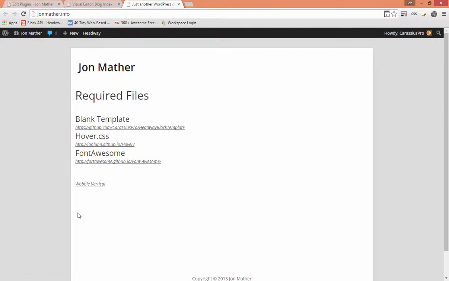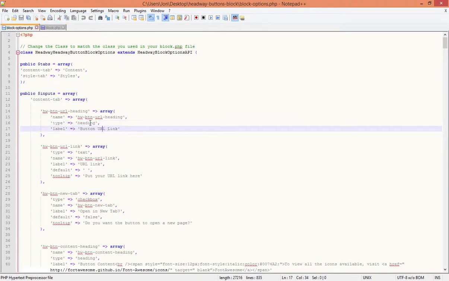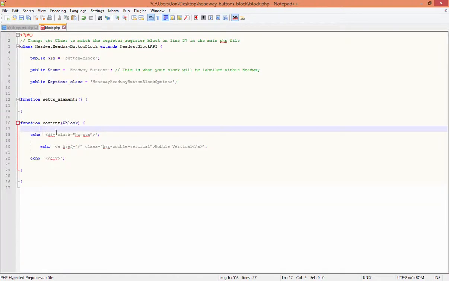So let's get moving. The first thing we want to do is add in our A URL. So we want to call that from over here, which is not a heading, it's the URL link. So we want to get the name that we called it, headway-button-url-link. So just copy that one there, jump back into our block, and what we want to do is go, so $headway_button_url, you can name this whatever you want with the $, and that is going to equal parent